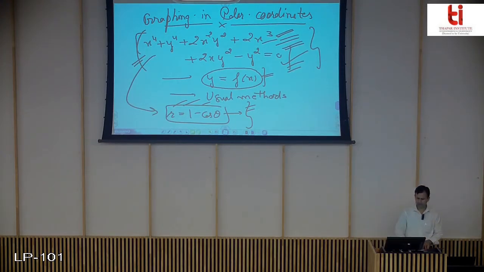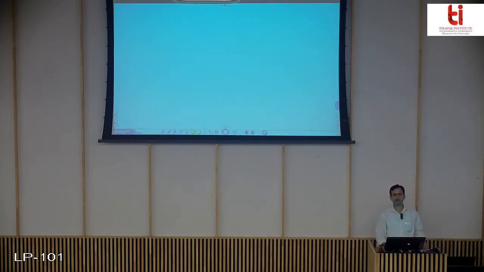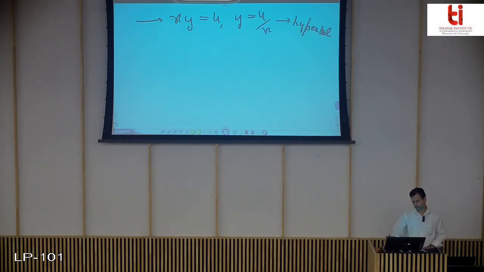But it is not always the case that by switching to polar coordinates your life will be that much easier. The reason being, our first preference is always to work in Cartesian coordinates. However, when things become difficult, there we switch to polar. For example, if we have a curve like xy = 4, y = 4/x, you know this is a hyperbola. So it is better to work in Cartesian coordinates. But if I think that now every Cartesian must be changed to polar as polar helps me better, this is not going to be the case. First preference is always Cartesian. If the thing doesn't work there, then we switch to polar.